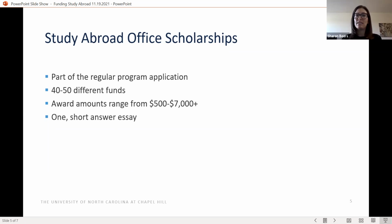They do have a varying degree of eligibility requirements. Some funds require that students have financial need based upon your FAFSA, that's the Free Application for Federal Student Aid. Some of the funds really have priority or preference for North Carolina residents or even students from certain counties. So there's a really wide variety of what the scholarship dollars are geared towards. And the awards can range between $500 to, I've seen $7,000 and more be awarded through these 40 to 50